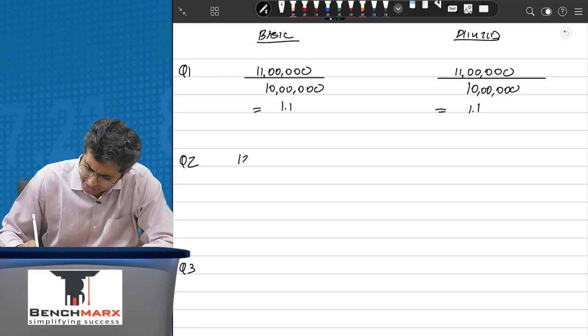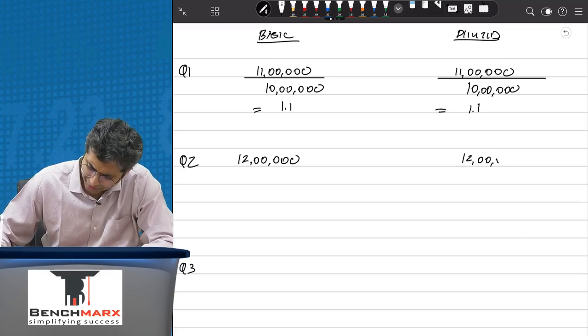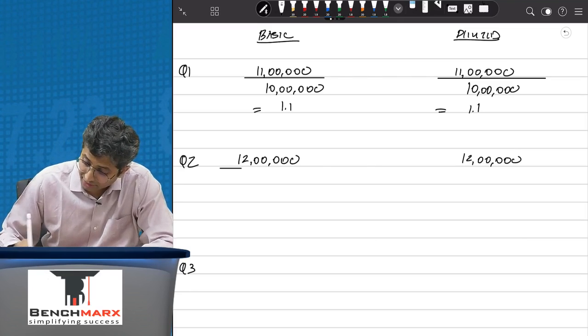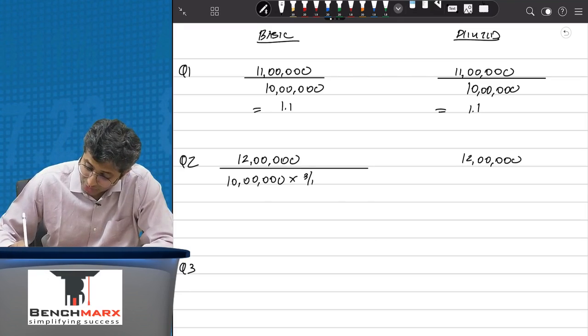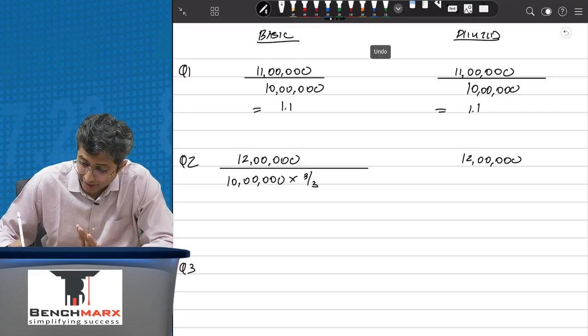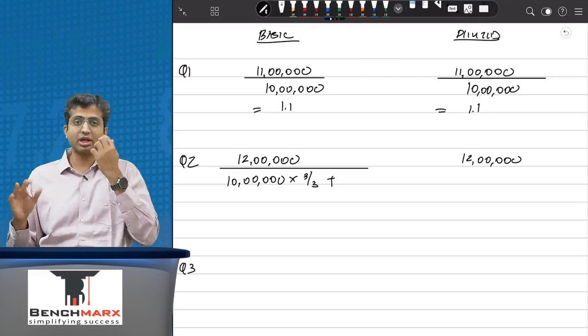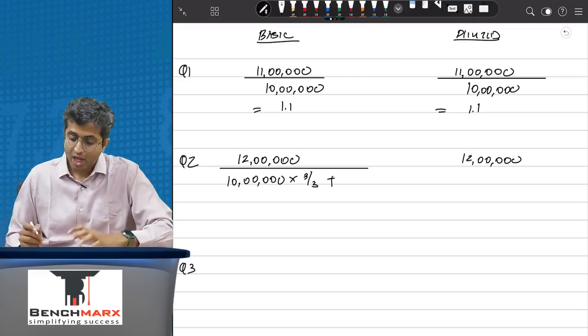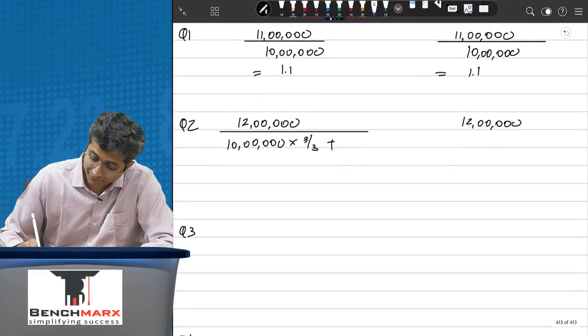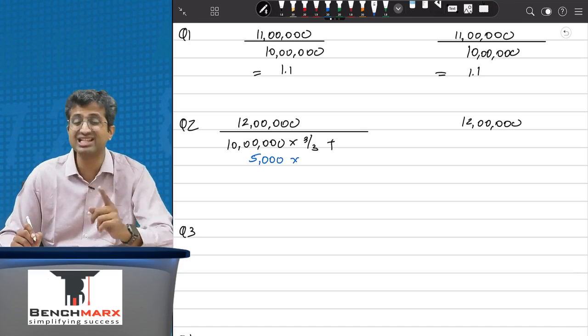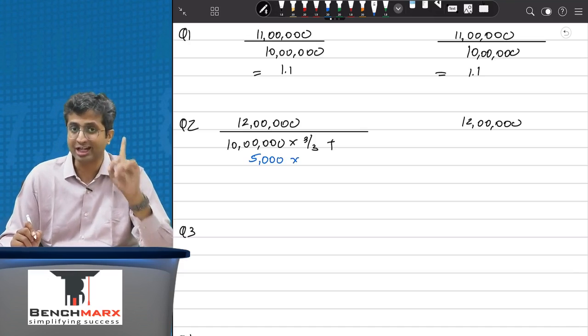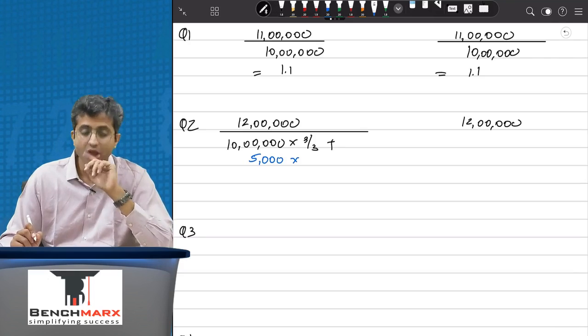So in the next quarter this is 12 lakhs. We have figured out how it is 12 lakhs, which is the profit of the second quarter. If you look at the second quarter, are there any shares which become issuable? Well, yes. These shares are outstanding for the entire quarter. Here you don't have to bring in 12. You are looking at only the quarter and hence you will have to take 3 by 3. In the second quarter, 5,000 shares are issued. When are they issued? On 1st of May, and hence they become actual shares. They are actual shares for